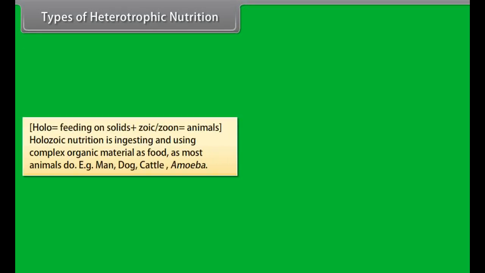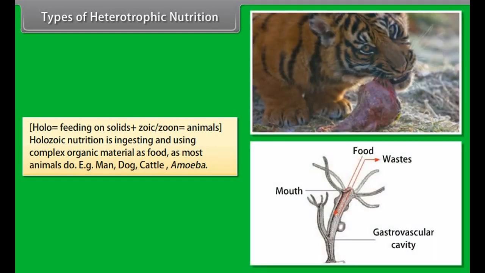Holo, feeding on solids, and zoic, zoon, means animals. Holozoic nutrition is ingesting and using complex organic material as food as most animals do, that is man, dog, cattle,